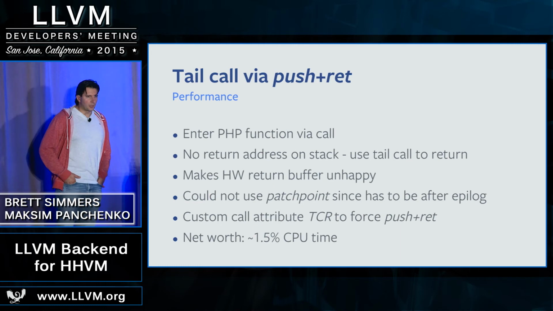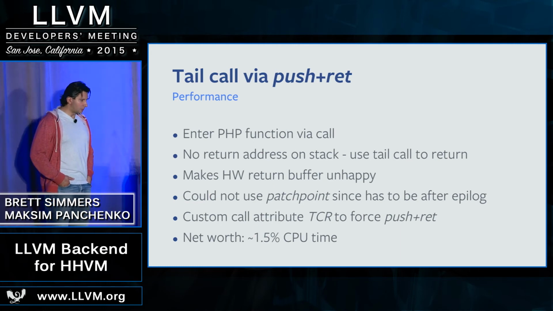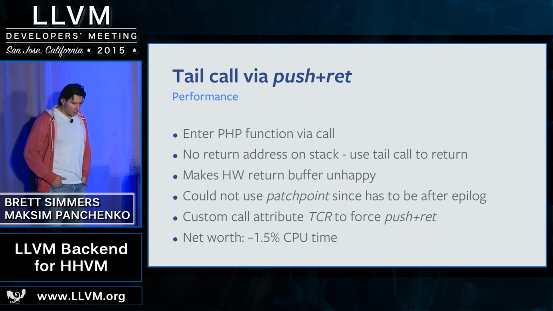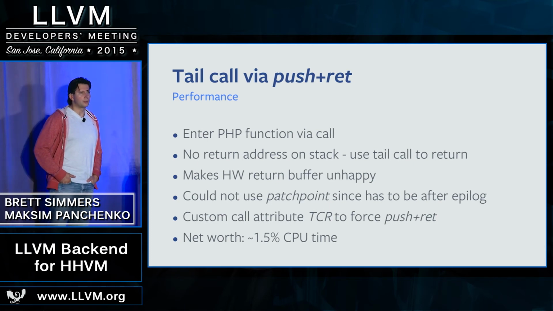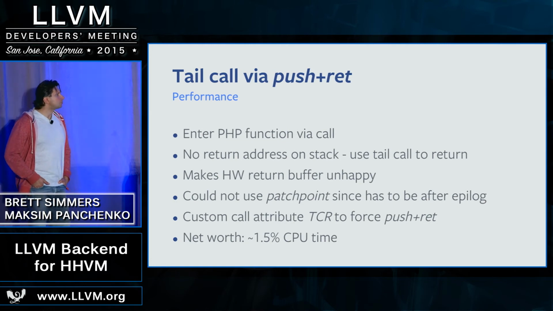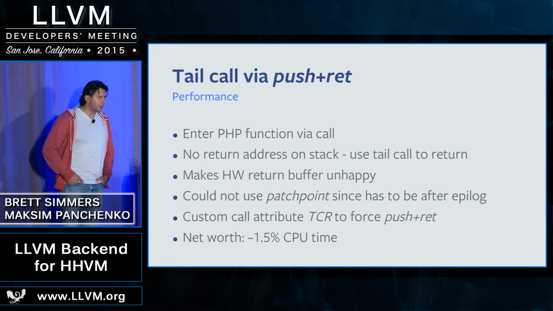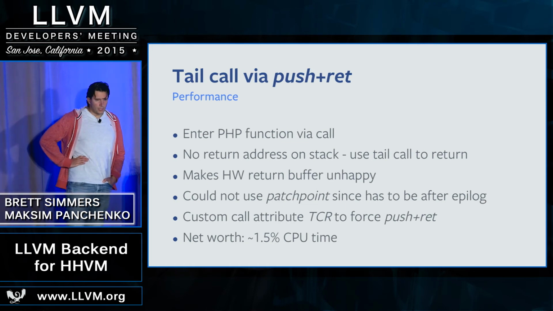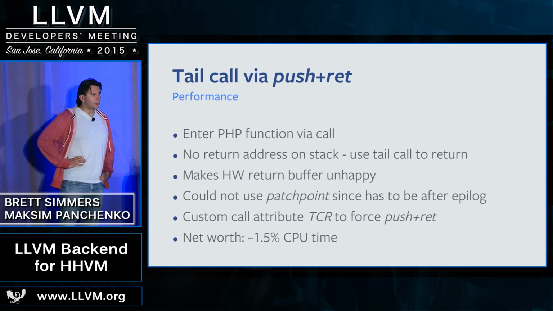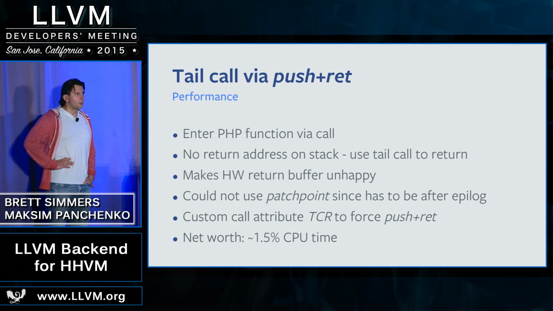This was a weird optimization that probably wouldn't apply to anything other than HHVM. We returned from a tracelet with indirect call, because we don't have a return address on the stack, but we know where we have to return to. We have to issue a tail call. And the way we do it is a regular jump instruction, but when we enter a PHP function, we enter it via call. And when we enter via call but exit via jump, we upset